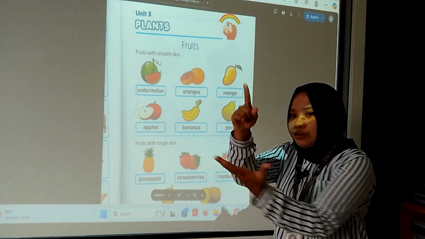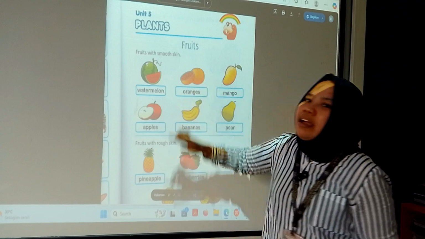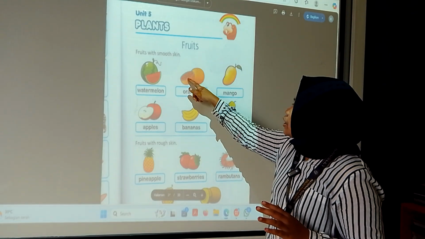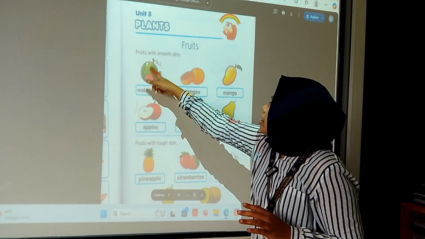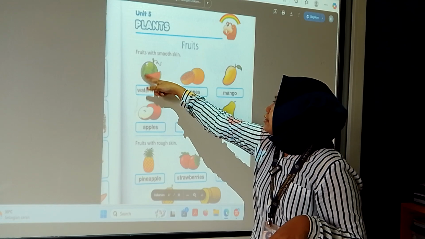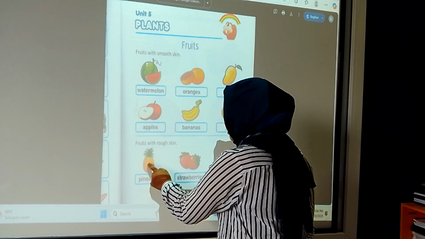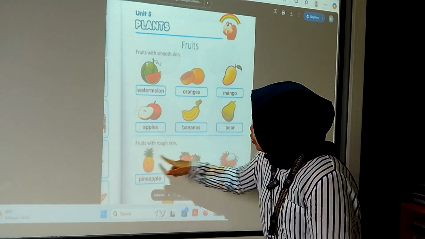Smooth, if you touch this fruit, is soft. Smooth like this, there is nothing that you cannot feel, you can feel the smoothness of the skin of this fruit. And then rough, okay, rough is bumpy. If you touch, you can feel bumpy.